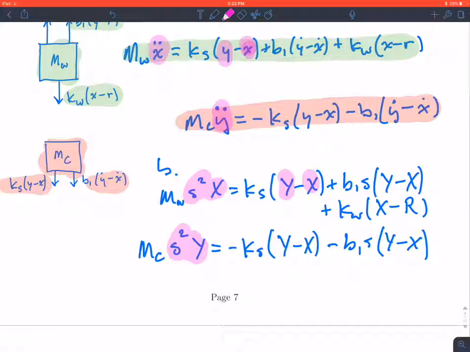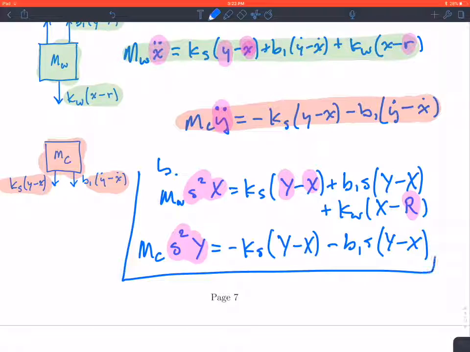Every time you see the variable, you get the Laplace transform of that variable showing up in the equation. And you can't forget the reference signal. That's also important. So that's all I needed. I didn't need you to simplify. This was the total answer here in the box for the Laplace transform of the system of